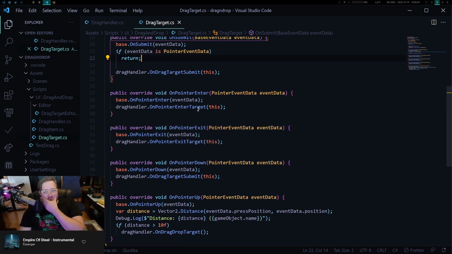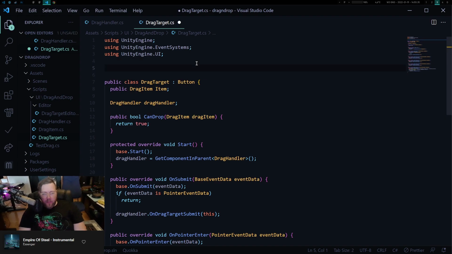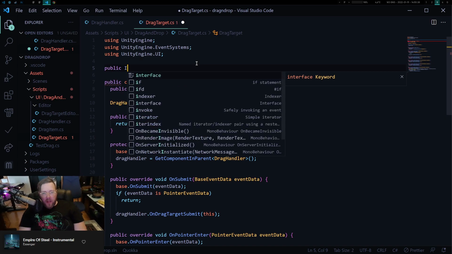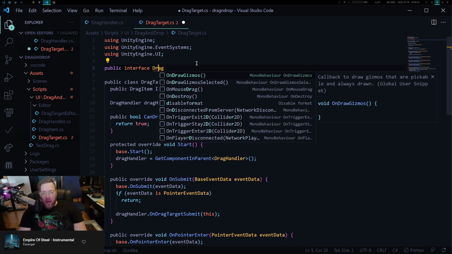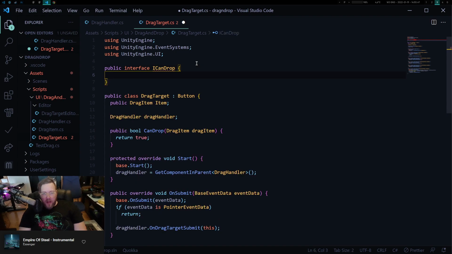Okay, so next up is implementing a way for this to deny dragging certain things around. So it's a function that takes a drag target, can take a drag item, and I always return true now. But I'm gonna create an interface that's gonna be public interface ICanDrop, and this is gonna have a public